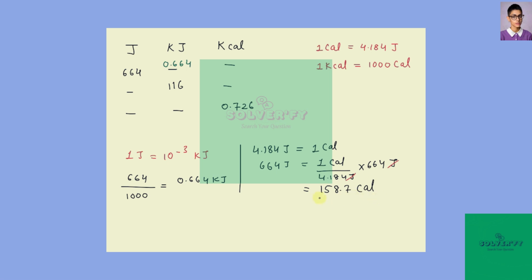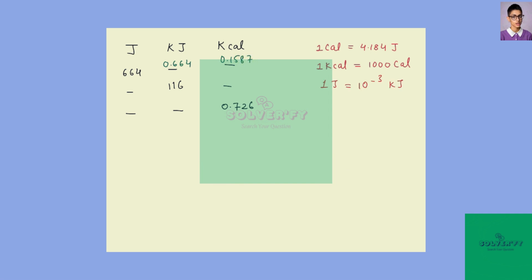We need to convert the calorie into kilocalorie, and for this we need to divide this value by 1000. On doing so, we are getting the value 0.1587 kilocalorie, as 1000 calories are equal to 1 kilocalorie. Now here we can write the answer as